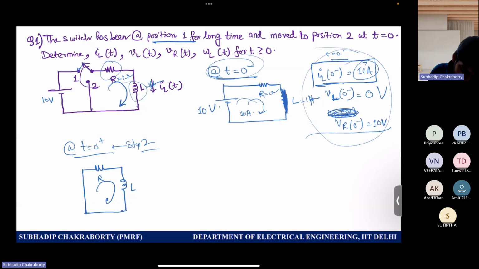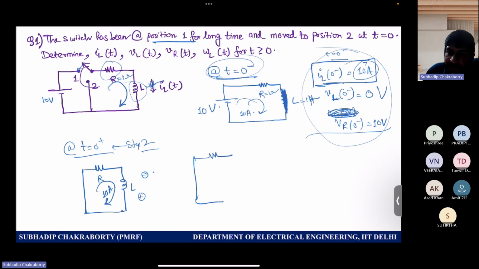So the current will be 10 ampere, right? Current cannot change instantaneously. However, the inductor polarity will reverse to aid the direction of current. But we'll not remember this. This will automatically come. How, you just see. What I told you, that